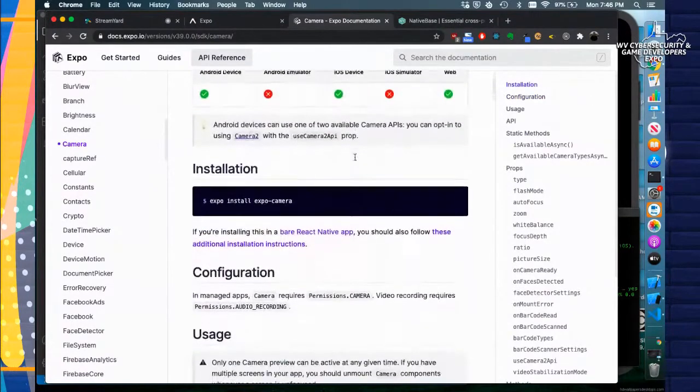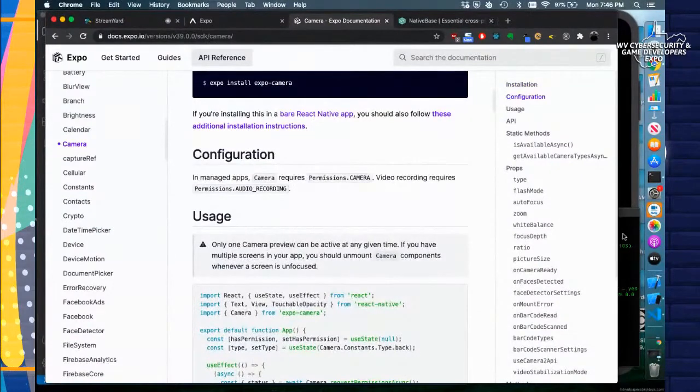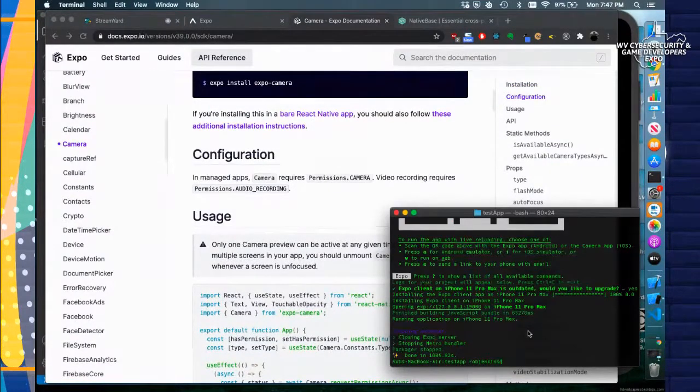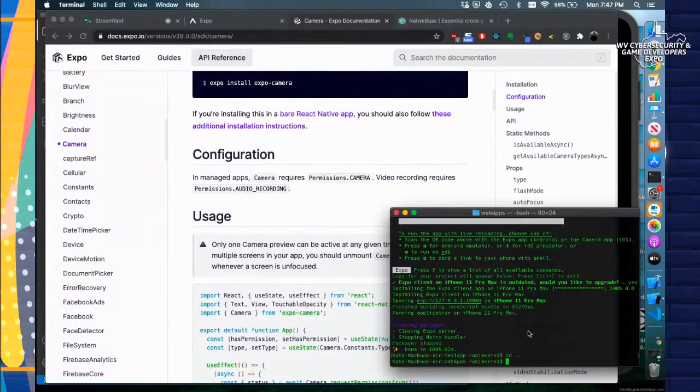So let me show you an example. If you're going to build an app with Expo, you would run expo init and the app name. And then it's going to ask you some boilerplate questions: if you want a blank app, what do you want to call it, if you haven't provided a name, do you want to use a template, that kind of thing. And I've already done that here. So we can look at